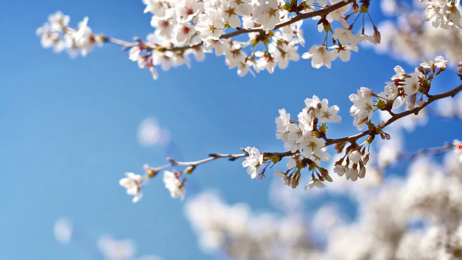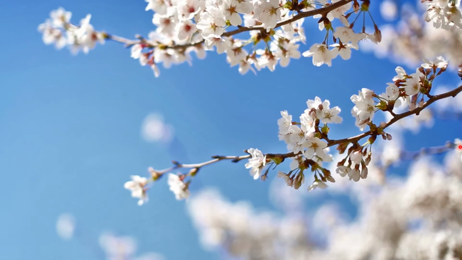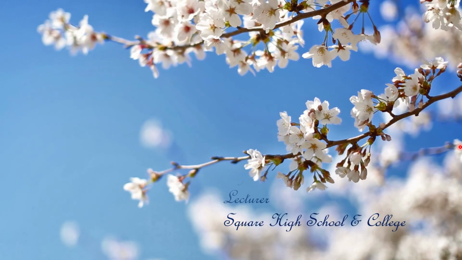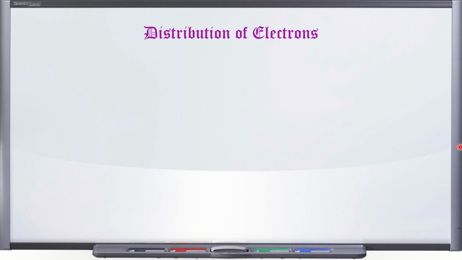Here I am to take your chemistry class from science. We are talking about chapter 6 from your science book. Dear students, we know that atoms are made of three particles: electron, proton, and neutron. Today, in this class, we will learn the electronic configuration. That means the distribution of electrons on different shells of an atom. From Bohr's model, we already know that electrons are configured in different shells.